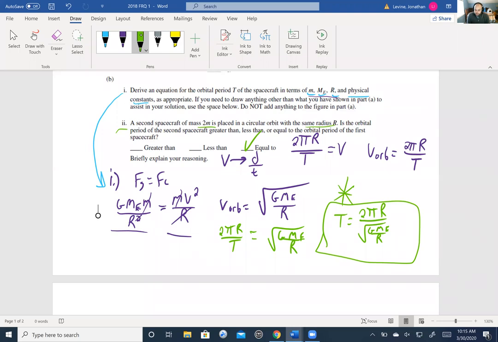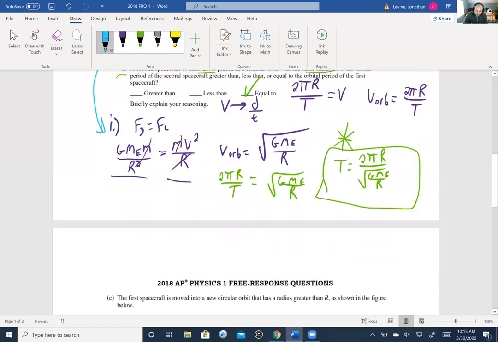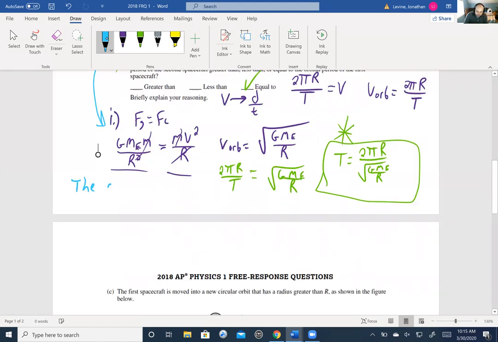Now, briefly explain your reasoning. You can reference your equation. As seen in the equation that we derived, t is equal to 2 pi r over the square root of g m e over r. The mass of the spacecraft does not affect the orbital period. So what would I say? There's my brief explanation. Let me just squeeze it down here. The mass of the spacecraft